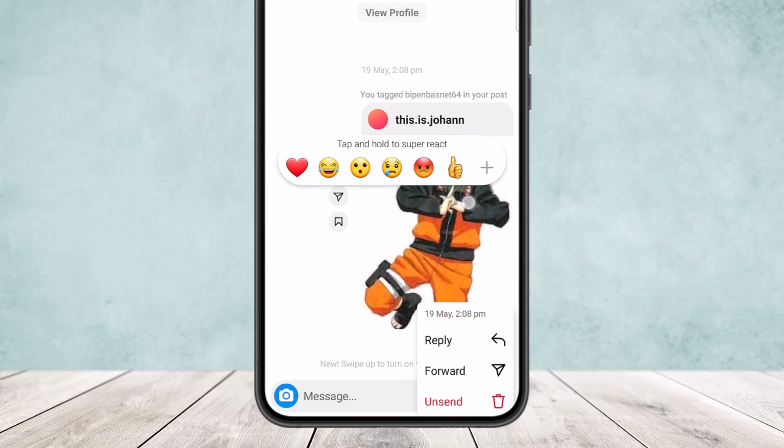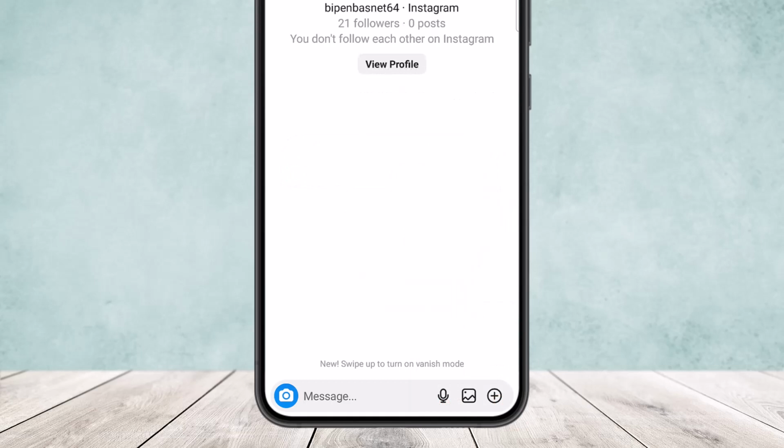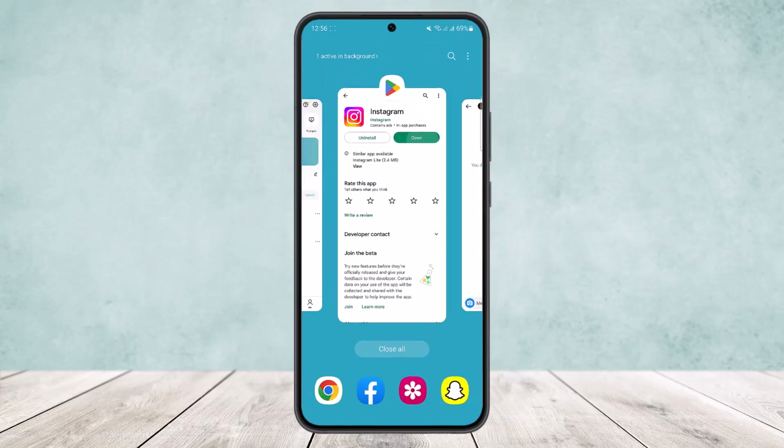Similarly to other chats as well, what you can do is simply tap and hold and you'll find the unsend option at the bottom. Simply tap on unsend and it will be unsent. So this way you can delete Instagram messages from both